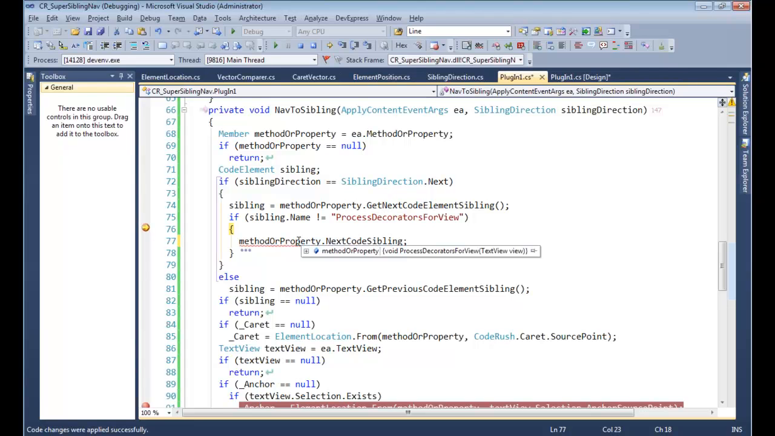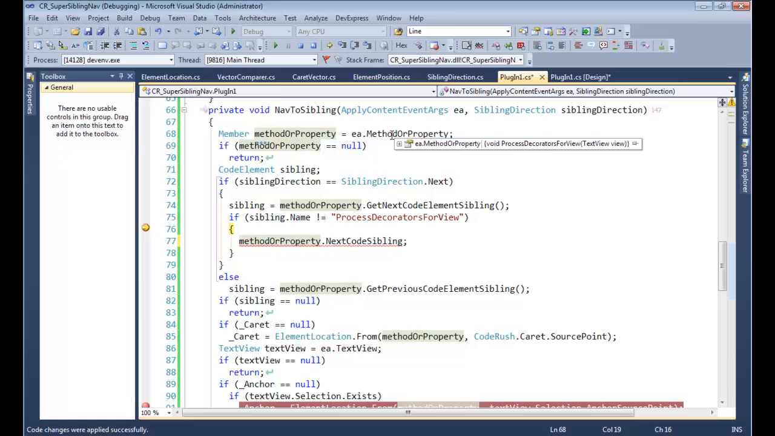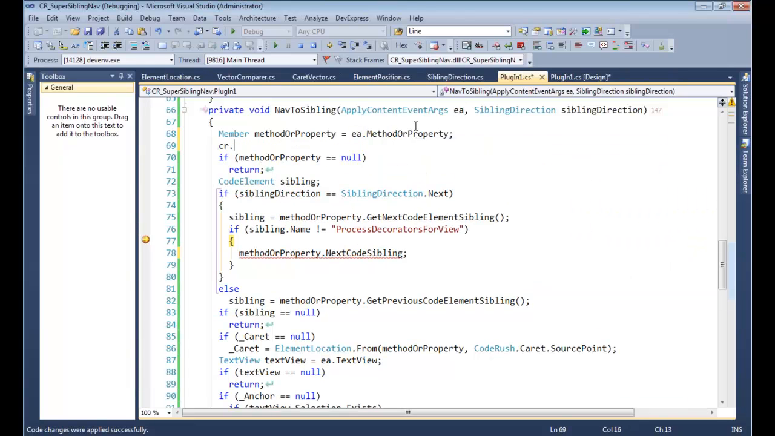Well, check this out. Method or property is equal to property decorators for view. Is that right? Oh. Let's maybe change this. Maybe this is the problem. Let's just see what we have here. So method or property is process decorators for view. What happens if we go into